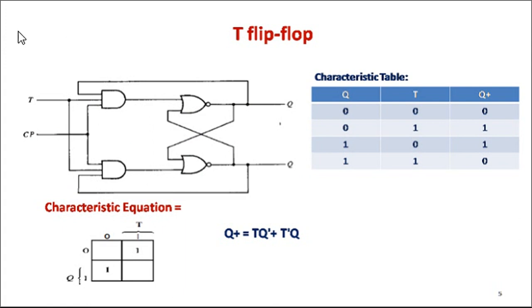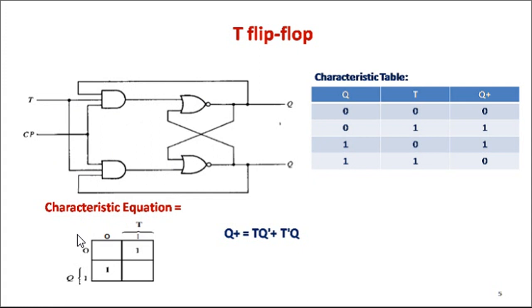Now next is your T type flip flop. This T type flip flop you can call a toggle. T stands for toggle, and only a JK flip flop is used; an SR flip flop is not allowed here. We can convert a JK flip flop to the T type just by combining the two inputs of JK, and it acts as T. Again I repeat the JK flip flop diagram: we combine both inputs J and K and apply them to T.